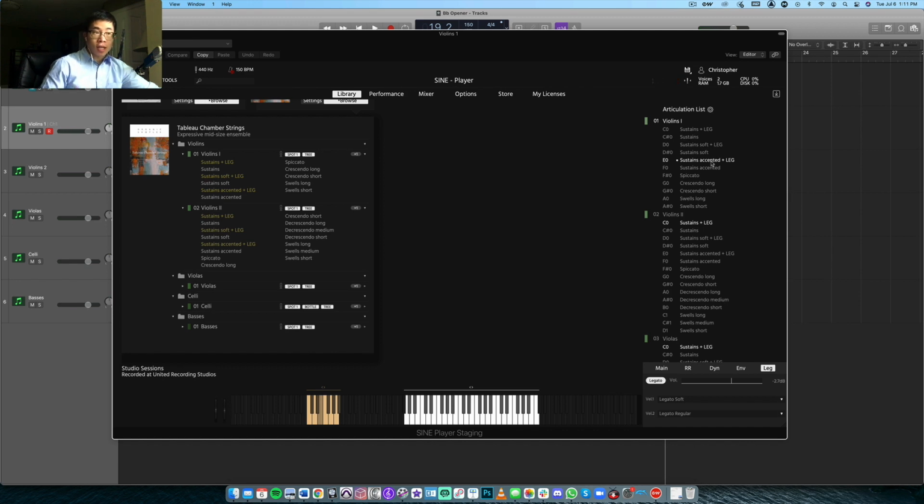Okay, so for the sustains themselves, you can definitely hear that there's a type of swell and increase of volume into each of the different notes. And it's super interesting because a lot of libraries will instantly have this intense vibrato and a crescendo into the middle of the note very, very quickly right after pressing the note down. So this one actually takes a little bit of time before really hearing the vibrato and the intense emotion in the notes. So it gives us a little bit of time to